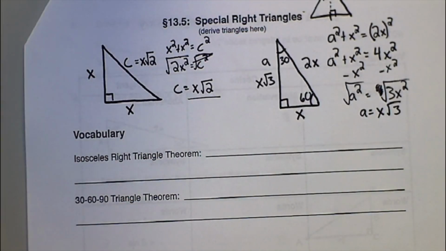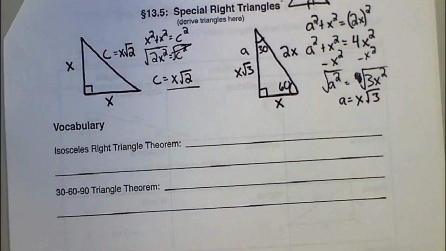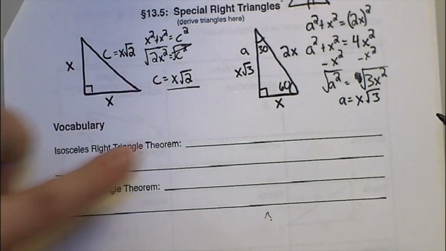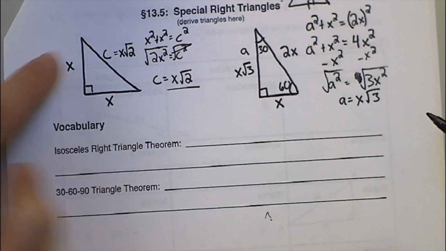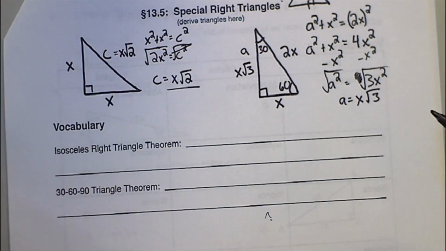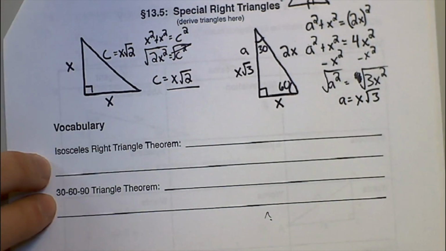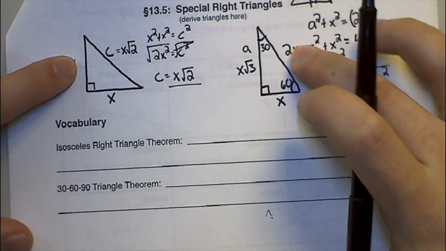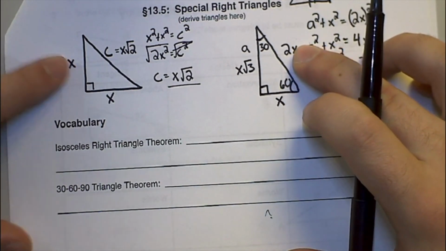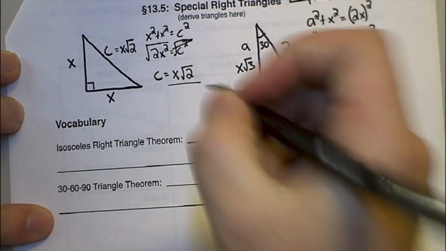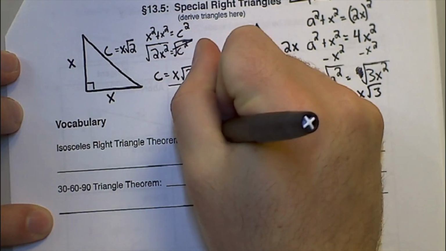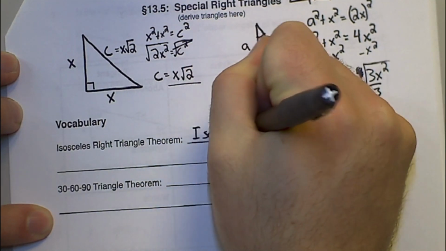Okay? Now the nice thing here is because I have all of these x's in here, if I have a side of one of these two triangles, I can try and solve for the other ones just by knowing what x is. So if I take it and kind of set it equal to whatever part of this triangle I have, I can really figure things out pretty quickly. Okay? So let's look at our actual theorems here. So our theorems here in our vocabulary section are really just taking these two triangles and putting them in words. Okay? So for isosceles right triangle, it says that if I have an isosceles right triangle